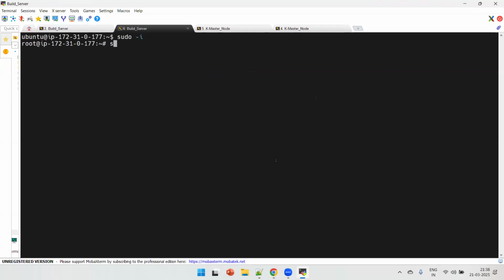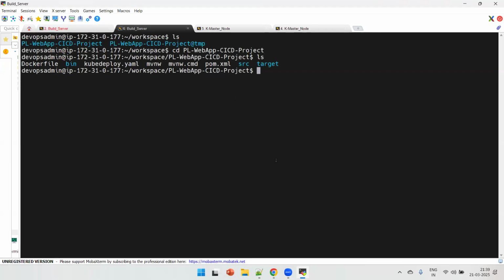su to the devops admin user, cd to the workspace folder, and in the workspace folder you can find this project, PL web app CI/CD project 1. Here I have the entire source code repository available, including the Dockerfile, your kube deploy.yaml file, and also the target folder has been created because the job is successful. If you cd to the target folder, you can see the war file is available now,